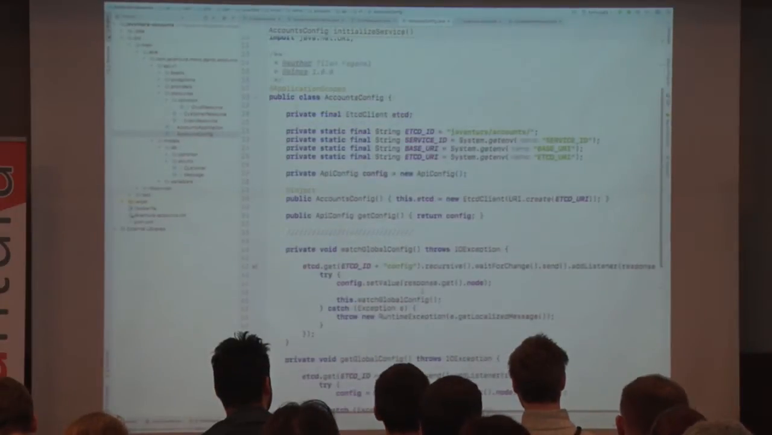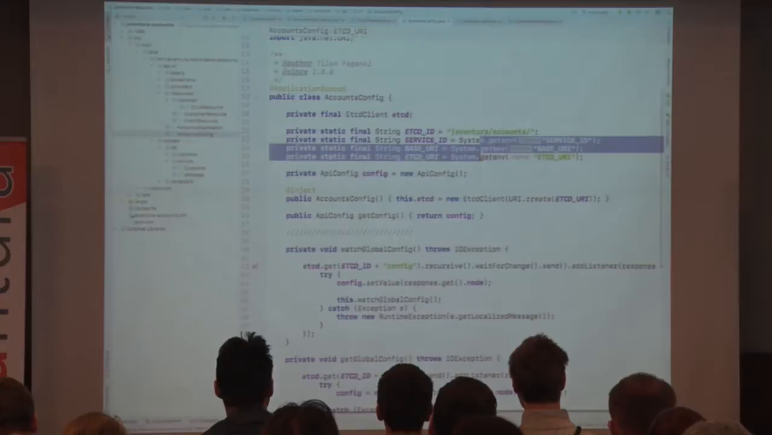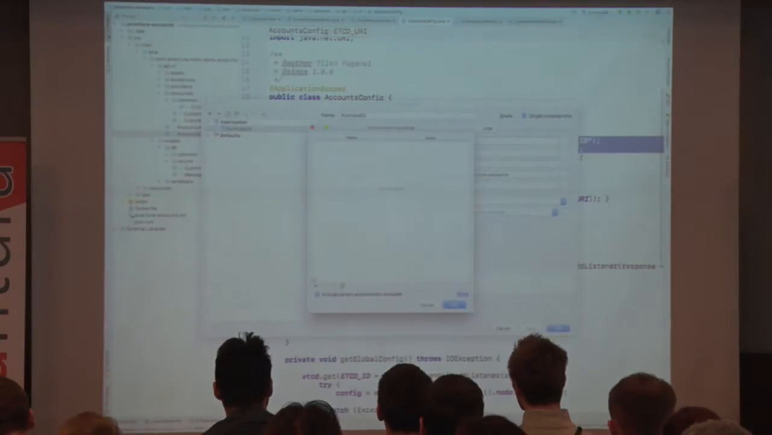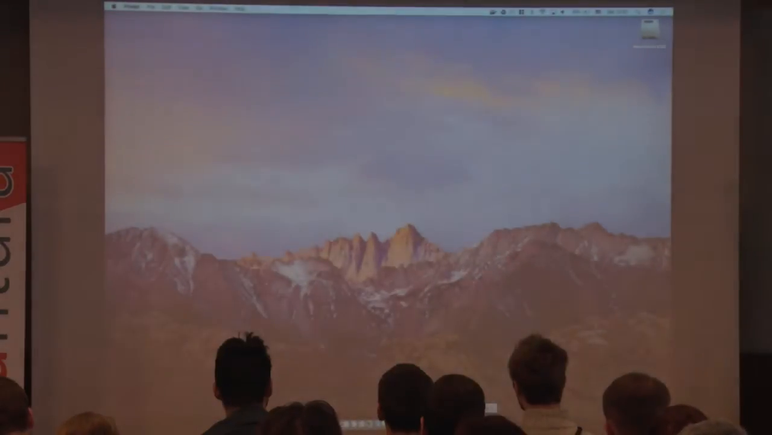Okay. We see here that we've passed a few environment variables still. For instance, what will be the ID of the service, what will be the URI of the service, what's the etcd URI of the service, and so on. So we need to add that, and then we can run it. I'll go back to my configuration and add a few environment variables. I have them prepared here, so I won't